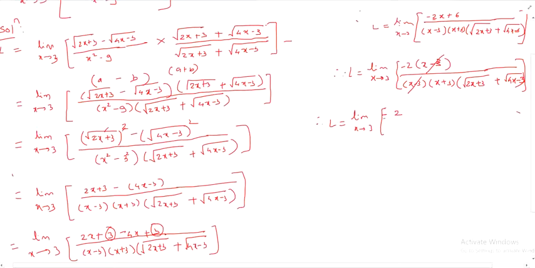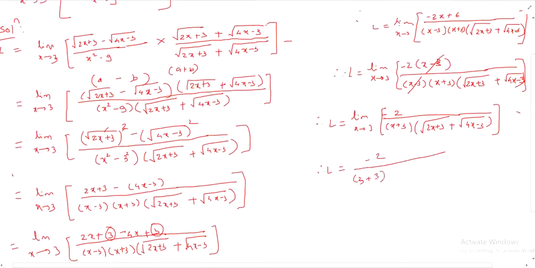Now collect the remaining terms, that is minus 2 by x plus 3 into root 2x plus 3 plus root 4x minus 3, therefore is equal to limit x tends to 3, here there is no need to write it again. Now if we look at the denominator, as we substitute the value of the limit, that is 3, then this denominator we can see is not going to reduce to 0. So here we can take the direct limit and we get